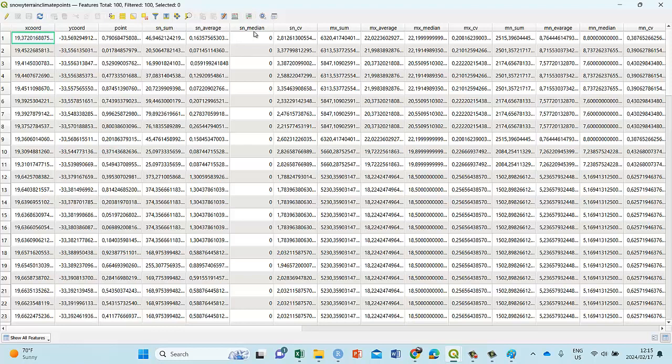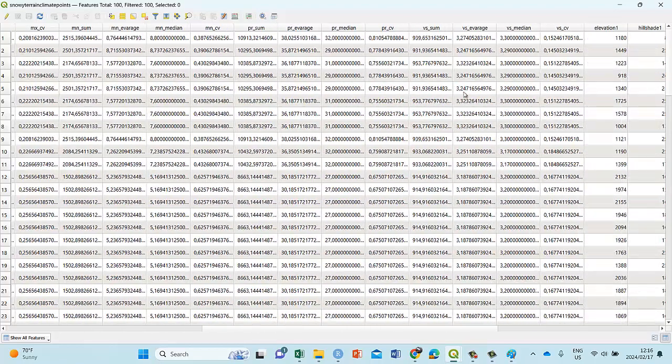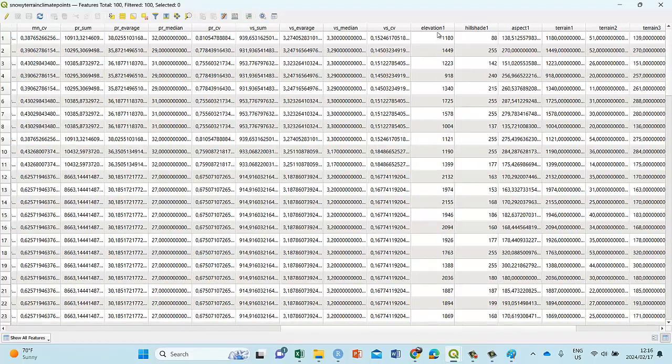And then I brought in the snow sum, snow average, snow median, snow coefficient of variation, which I generated in Excel. Then I've got maximum temperature sum, and so on, minimum sum, minimum average, minimum median, etc. And then, as I said, there's my wind speed with the four very descriptive statistics, and then there's my elevation statistic, my hillside, my aspect, and there's my terrain again, which is again the elevation, but it also brings in the